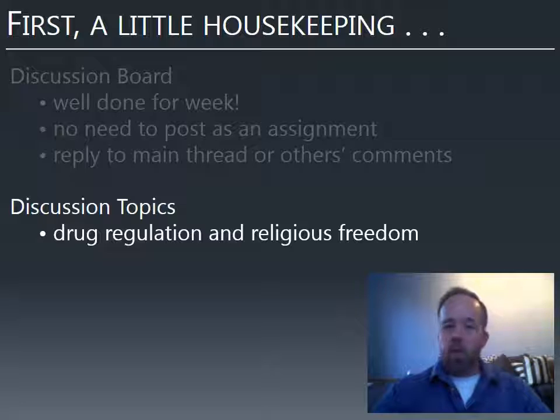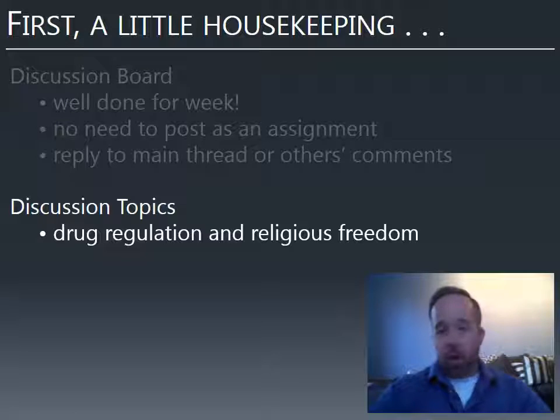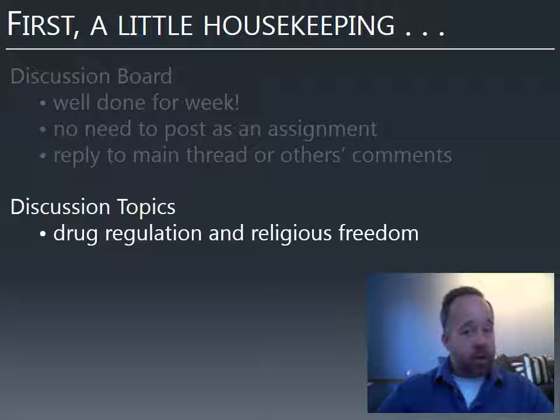So some of the comments, most of the comments I would say, indicated that they were in support of allowing, at the very least, Native American populations to use hallucinogens as part of their religious practices. And many, of course, advocated allowing all the members of the population to do so. So there are some interesting and complex points about this topic, which is why I posted it. Whenever I respond to people's posts in this forum, my goal is not to come down on one side or the other and say, oh, this side really won the debate. These are complex issues, and the fact is there is no obvious solution, which is why I make them discussion topics.